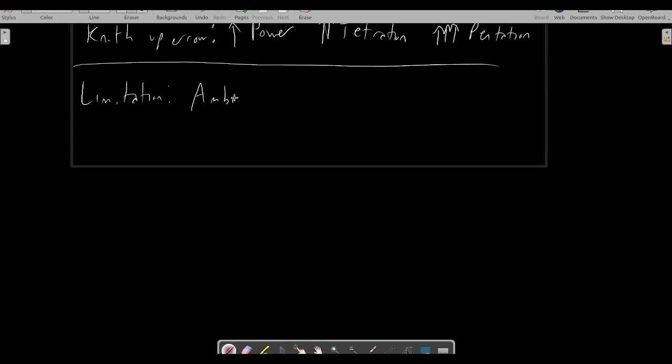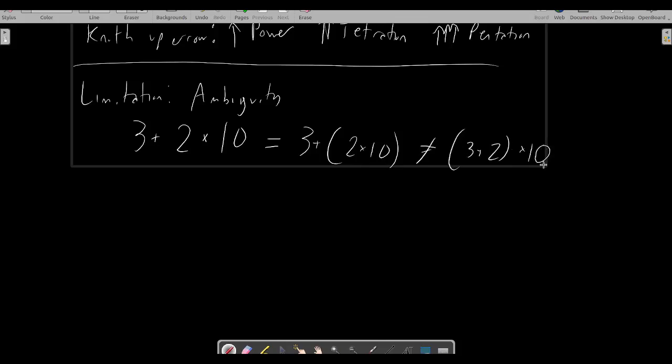When we use them in a sequence, it's ambiguous which operator should be evaluated first. Does 3 plus 2 times 10 mean do 3 plus 2, then multiply by 10? Or does it mean do 3 plus the product of 2 and 10? To solve this problem, we artificially introduce an order of operations. We just mechanically say, as a rule, that multiplication happens before addition. If we want to circumvent that and actually do intend that the addition happens first, we have to write parentheses